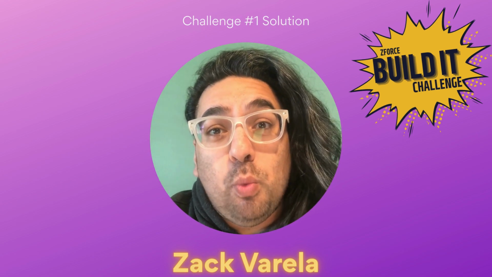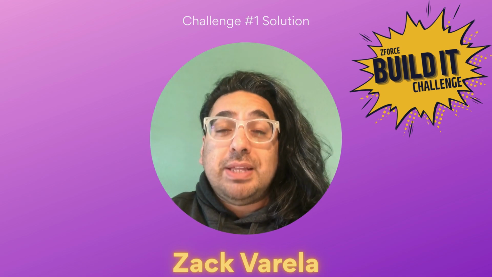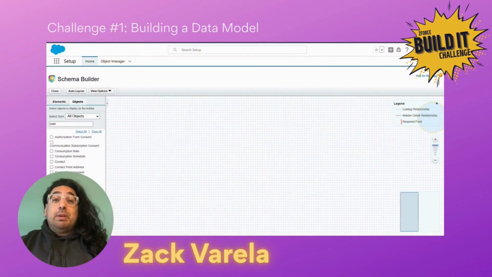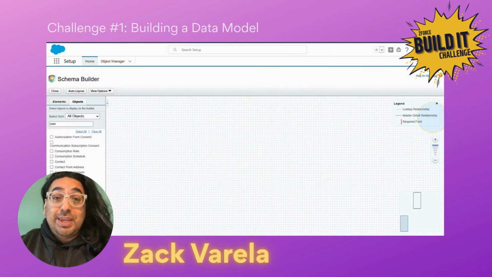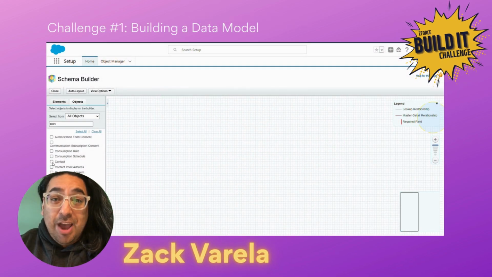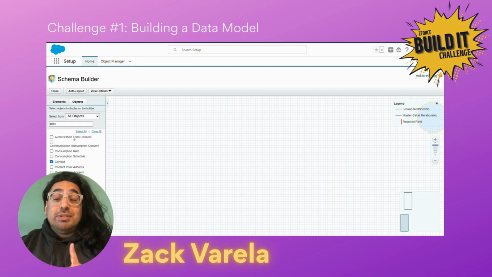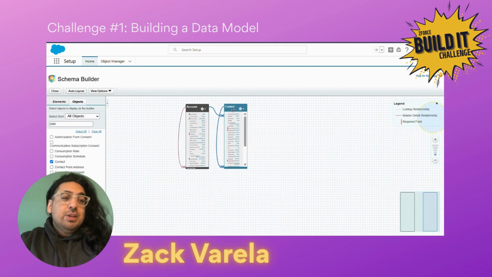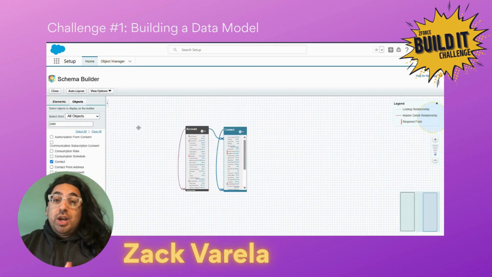I'm going to help you walk through what I built and explain some of the reasons why I chose the solutions I did. Builder, and I'm going to pull up all the objects that are going to be in our org. Right now, I only want to see the accounts and I want to see the contacts and I want to see how they're related because I'm getting ready to build out some custom objects in just a little bit. So here I am kind of compiling, making it organized, and I'm going to pull over the custom object